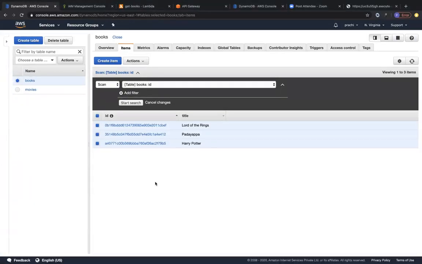I hope you guys got all of these concepts into your mind, and please do try out the lab. I'll have this entire code of the Lambda function and the API Gateway as part of this lecture as a resource, so that you will be able to see that and replicate it by yourself.